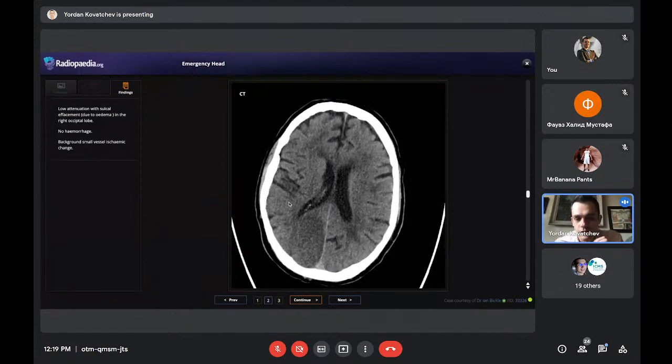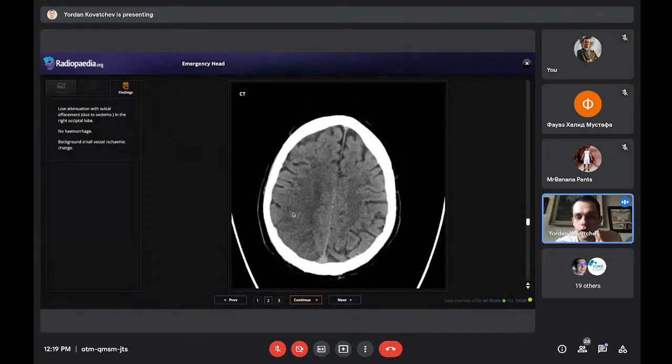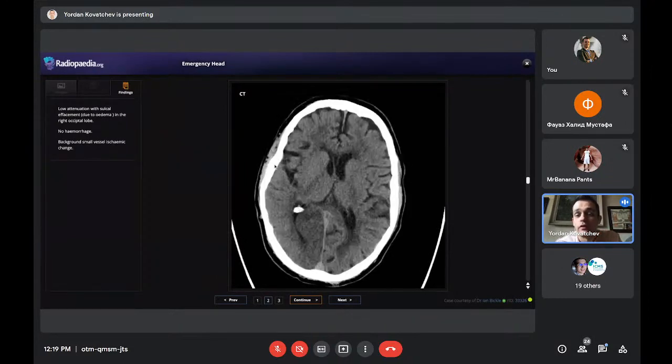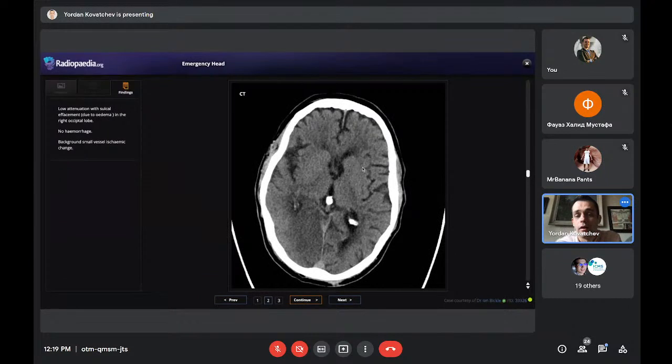this is the first thing, and then you look at the areas that are affected, and you look, as I told you earlier, if there is a possible large vessel occlusion, because this means that the patient would be indicated for mechanical thrombectomy, which will greatly increase his outcome. But in this patient, actually, we see the insular ribbon on both sides is fine.